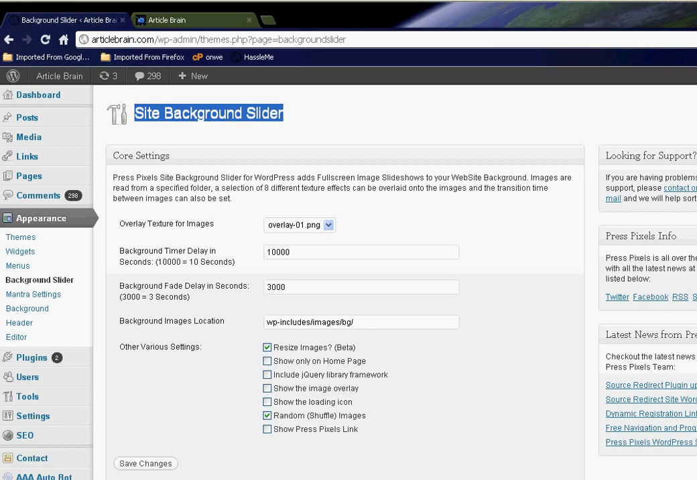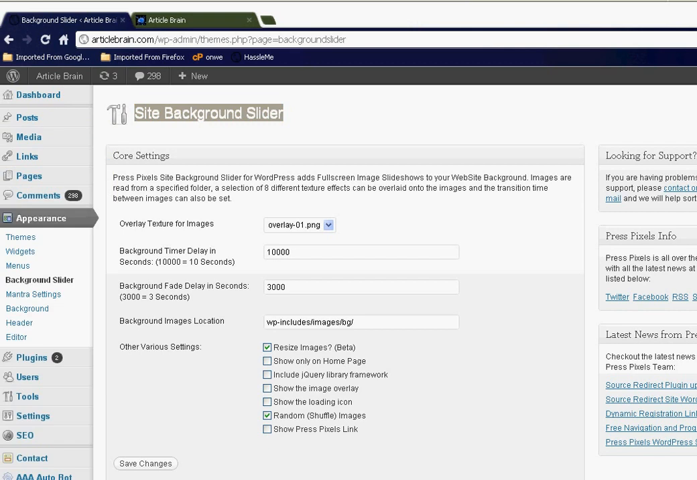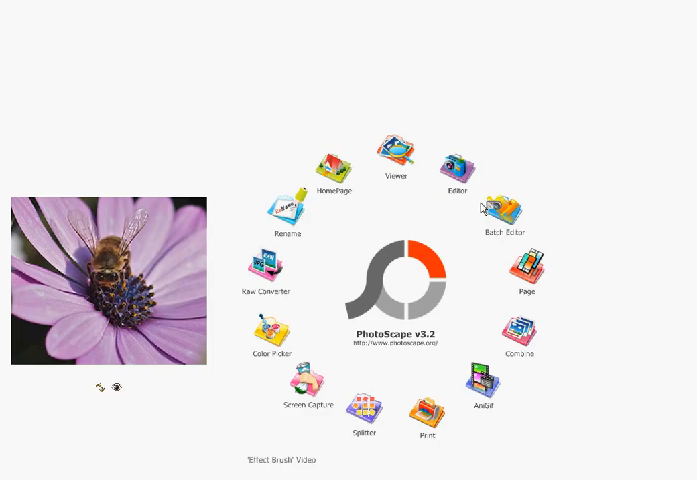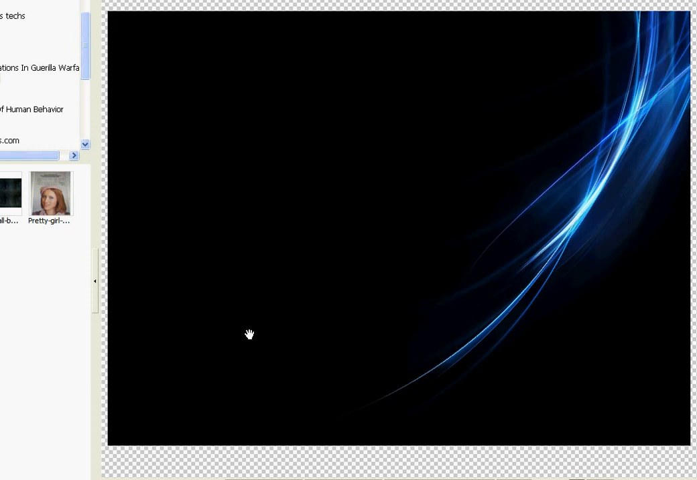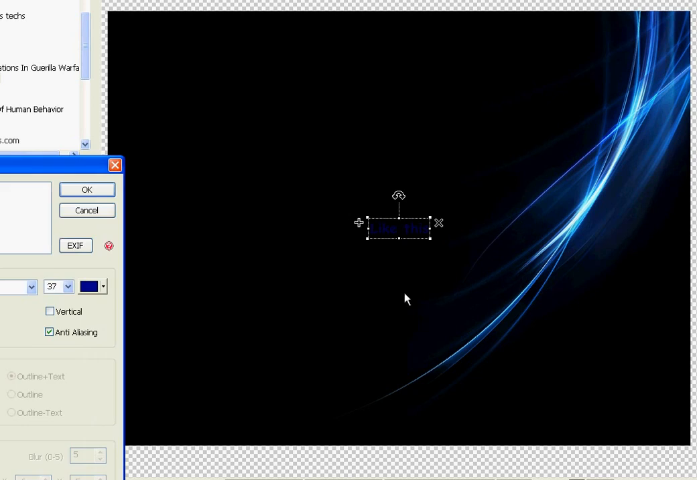Now, I've selected some very nice background images, and I'm going to be opening my software, Photoscape 3.2. Let's start with this particular background. With this background, what you can do is put text. The text has to be relatively simple, and I'm going to make it more obvious here. But text should read things like